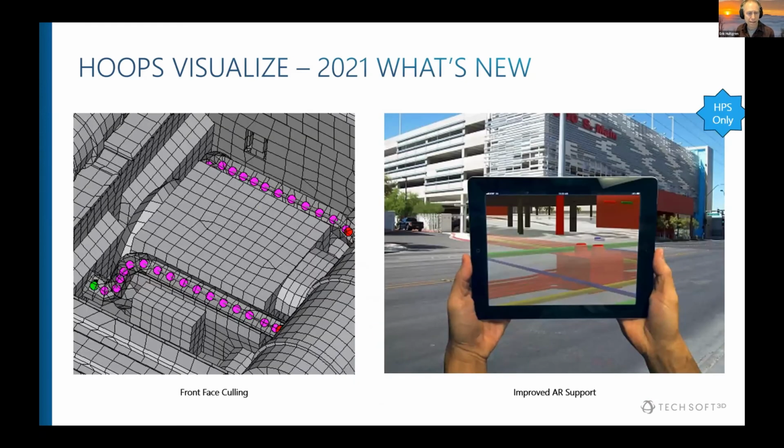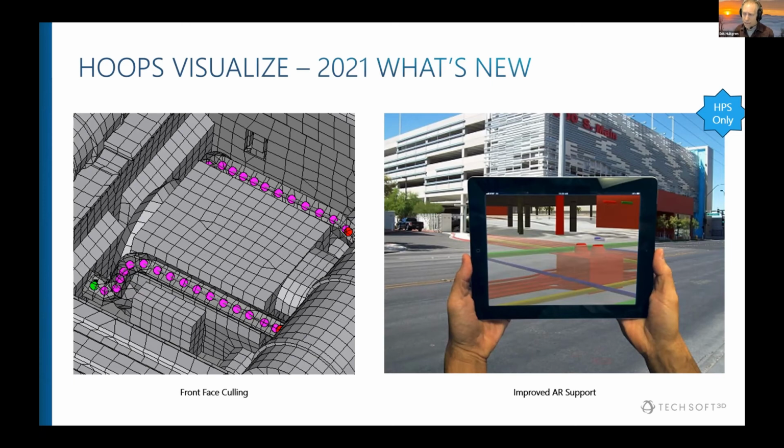What else have we added inside Visualize? One new culling method that we added in the last year. This was requested by partners in the analysis space. And the idea here is there's lots of times in their workflows where they need to see what's going on inside a model. In particular, you can think about airflow or exhaust inside a car or its systems. And so front face culling is a new way for them to very easily show the user what's going on. So they can simply turn off those front faces in different parts of the scene graph. So they didn't have to use clipping planes or sectioning or anything else. So that was a new enhancement that went in towards the end of the year.